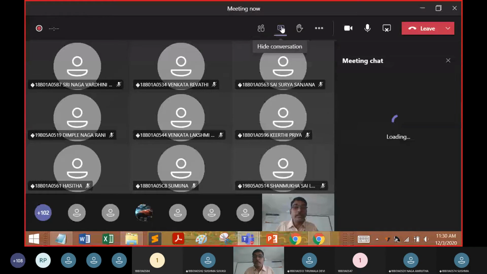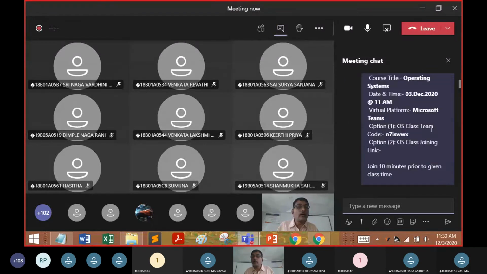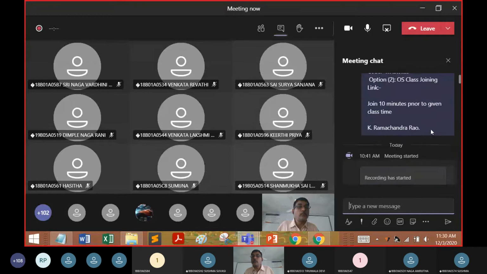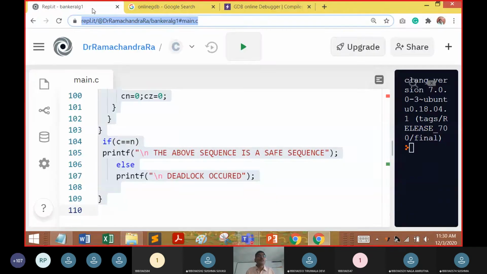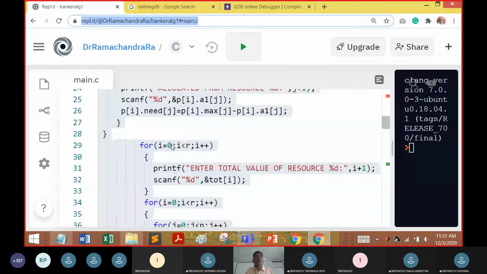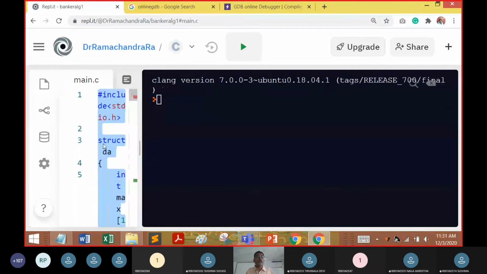Or you can take the complete URL which I have given in repl.it. In repl.it also you can execute it, so you can work parallelly along with me.